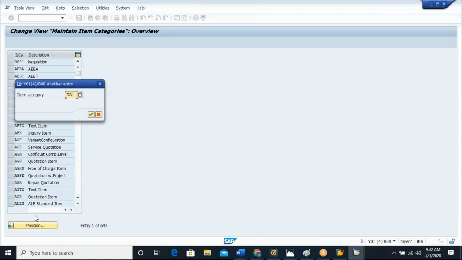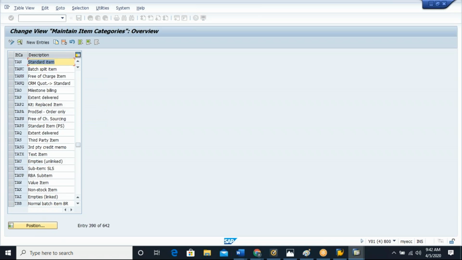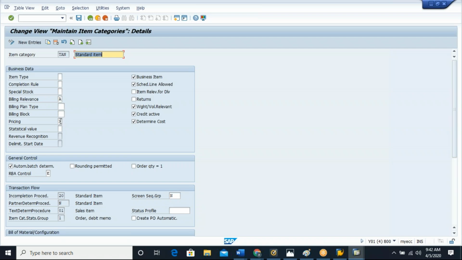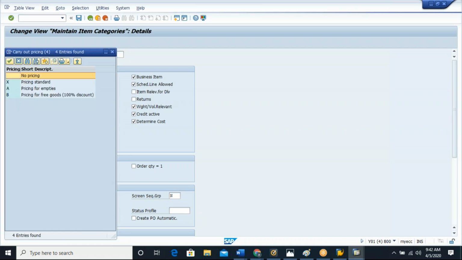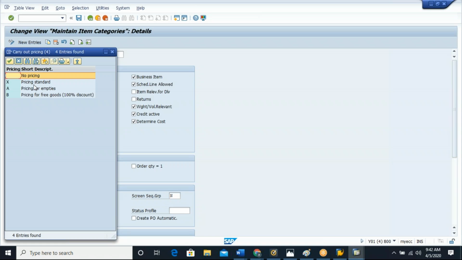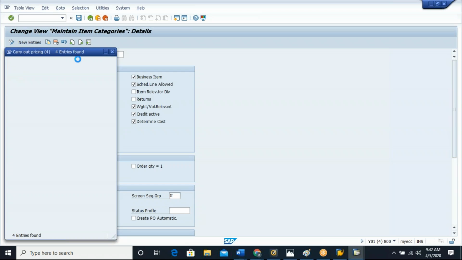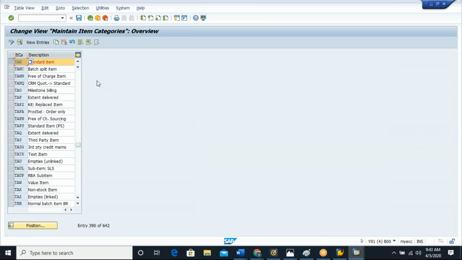Okay. So if I go to TIN, what is the pricing relevance? X means standard pricing. That means pricing is relevant, right? Pricing is relevant. Okay. For example, if I go to